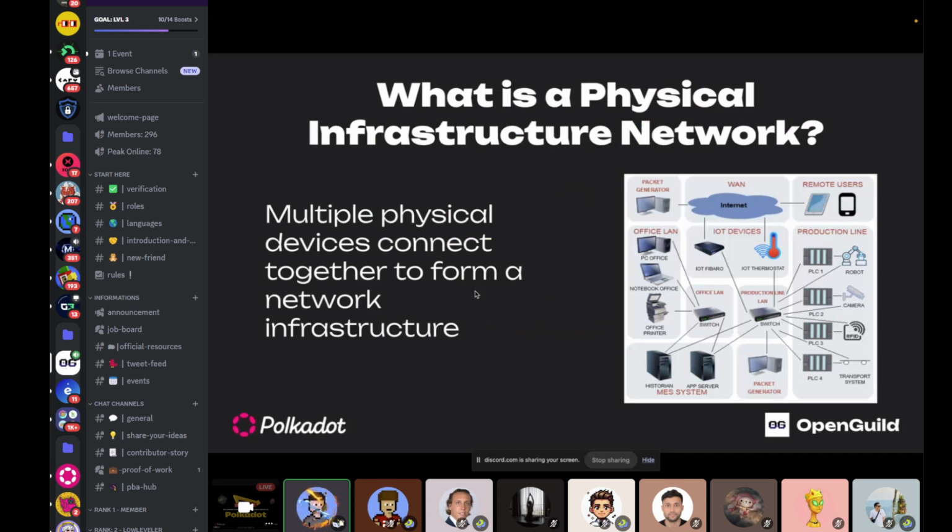Here I have an image that you can see. In our traditional network you require a switch, a router, and also some cables, and then there's the Internet of Things: you have robots, cameras, and other things connected to these physical devices. Our PCs and laptops also connect to these physical devices. These physical devices are the first-citizen components of the whole network. They try to connect together and construct a very big whole.